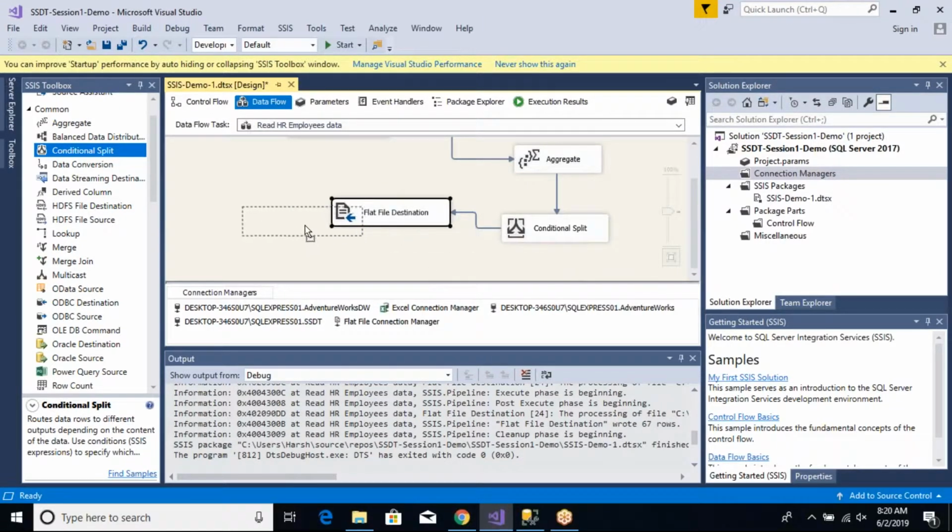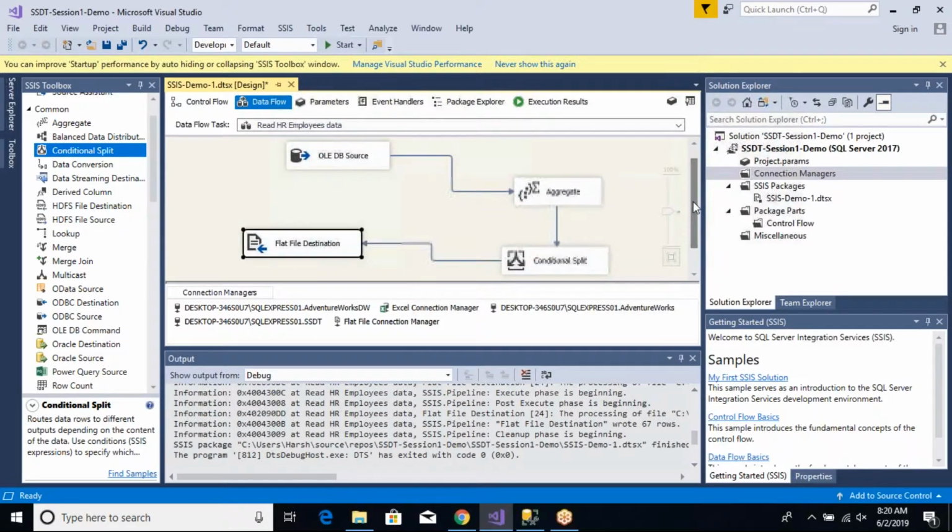Okay, so this is your data flow now. These are the 4 stages. So what this conditional split task is going to do is act like a filter. So you can split your data based on some condition. So you can apply a condition, and the condition that we're going to apply over here in our scenario is,